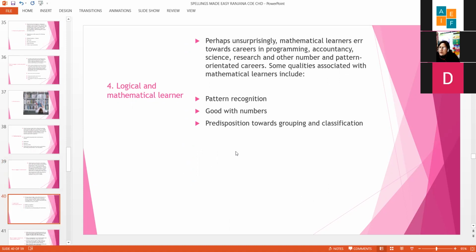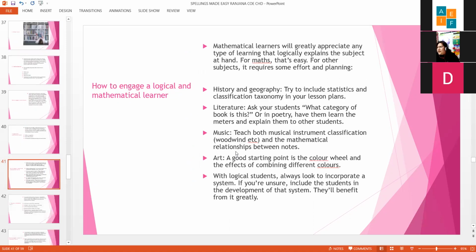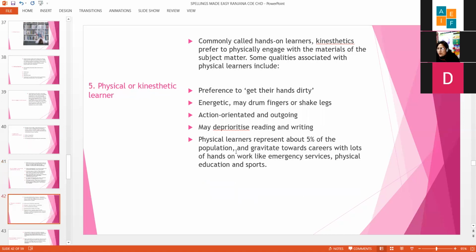They are very good with numbers, and you can recognize them easily, because a mathematical learner would not take so much interest in languages. This is how Gardner's theory of intelligence comes into play here. And how to engage a logical and mathematical learner: it is again because art integration is being done now. A mathematical learner would also go in for art, and a lot of colors should be depicted on the board to make your teaching-learning process a wonderful concept in the child's mind. It should not be that the period is over and the learning takes a full stop there.